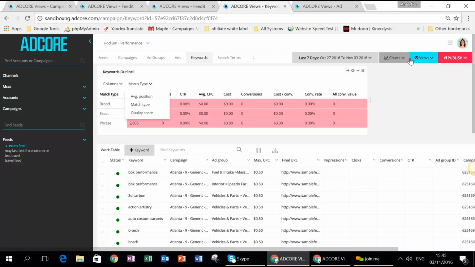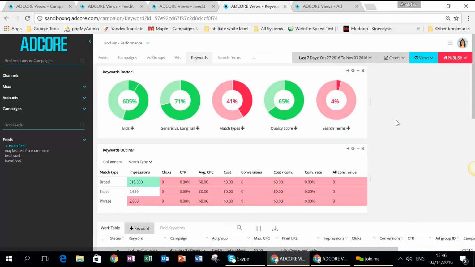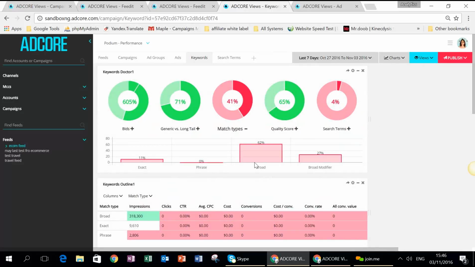And the same way that we have the Ad Doctor for the ads, we have the Keyword Doctor. Okay, so here I can see already that my match type is not really good